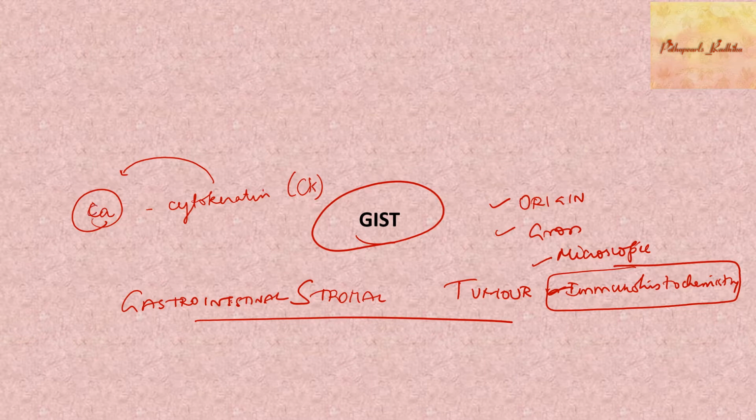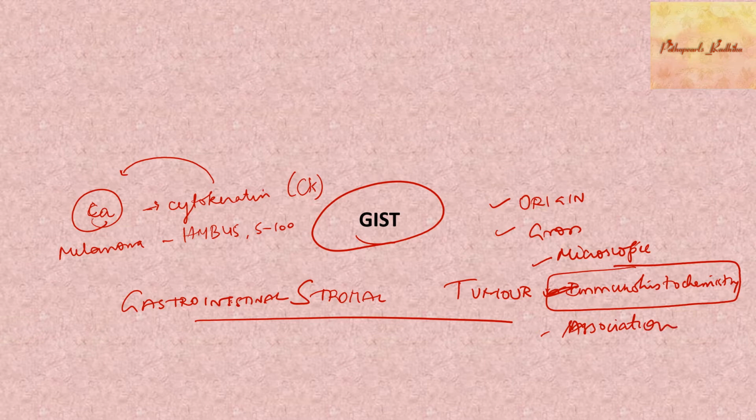If it's a carcinoma, then it will be cytokeratin positive. Likewise, if it's a melanoma, you have markers like HMB45. Okay, so you have certain specific markers. Your S100 can be positive. Likewise, for each cell of origin, you have some clues which can help you in the diagnosis. So that's about immunohistochemistry. And you should know whether there are any other associations of this tumor. These are the things which you should know. So where does this GIST originate from?